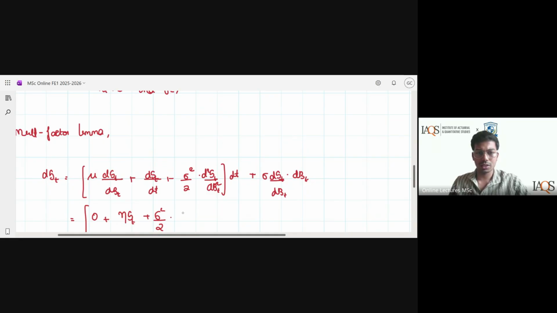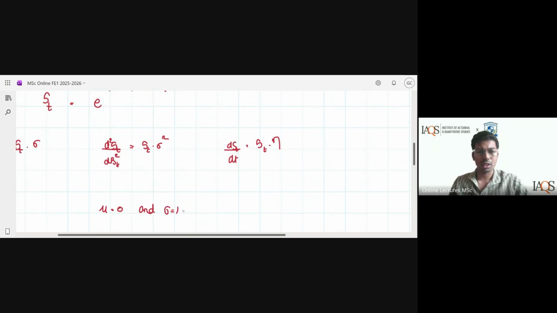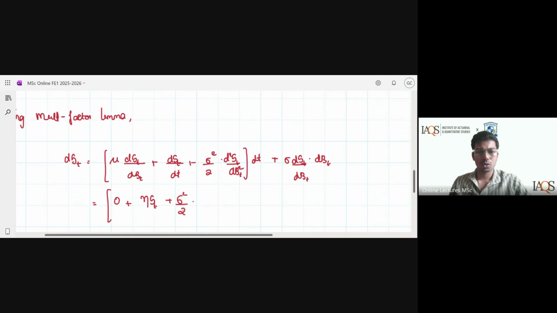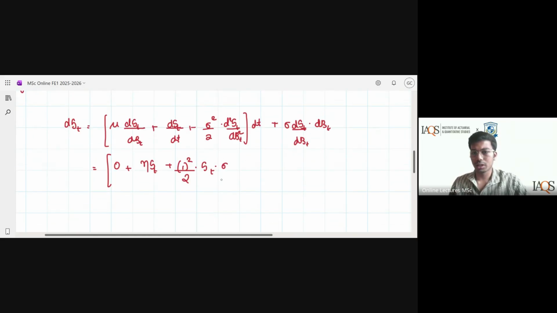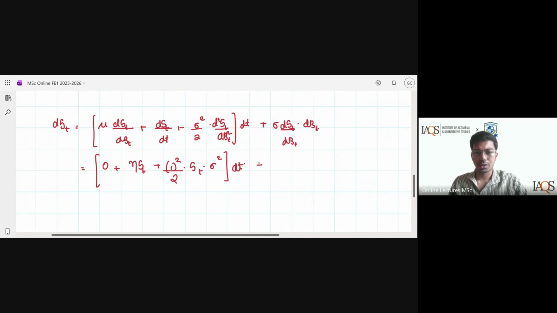So I write this as St into sigma square. Sorry. I know sigma square over here is 1 square by 2 into d square St by dBt square, which is St into sigma square into dt,